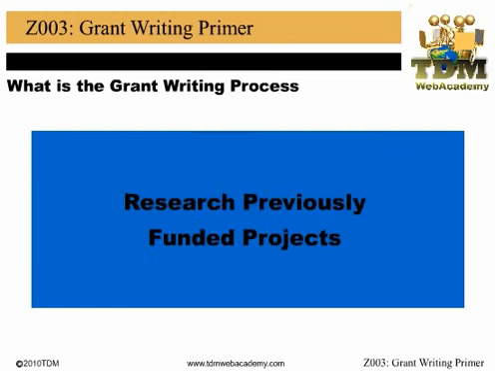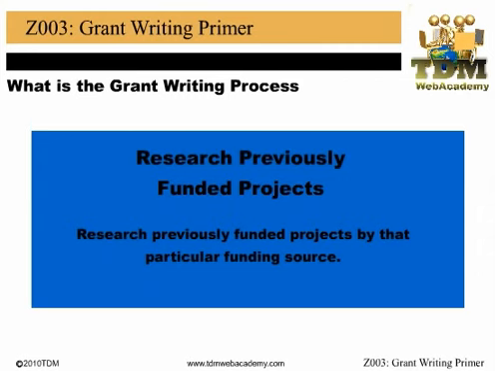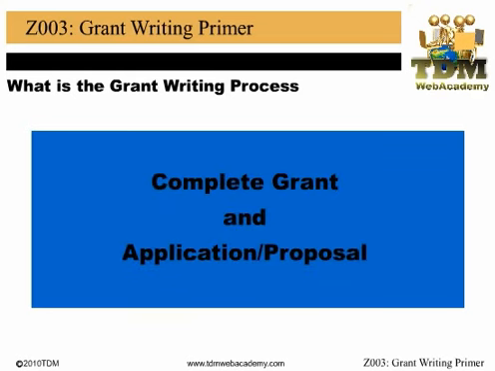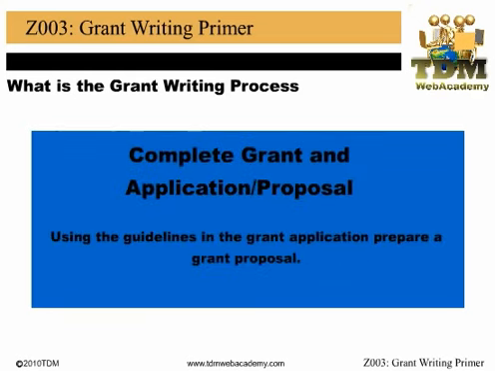Research previously funded projects. Your next step is to continue with the research of the previously funded projects by that particular funding source. It is also helpful to contact past grant recipients to gain more knowledge about the funder's requirements. Complete grant application proposal. Using the guidelines in the grant application, prepare a grant proposal. Most funding sources will provide the guidelines and submission date of the proposal. In some instances, grants are submitted through the mail, and some are submitted online. It is recommended that a plan should be put in place to ensure that the grant can be submitted on